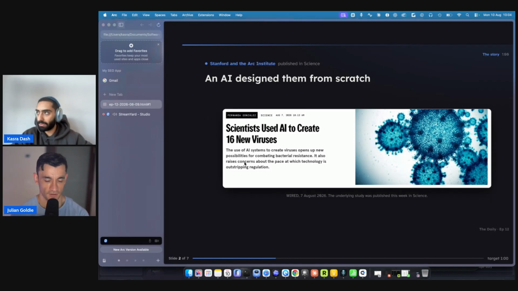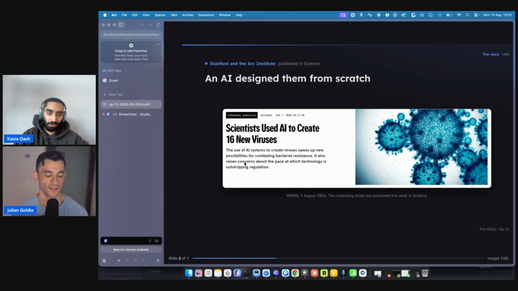Now, to my knowledge, how bacteria and antibiotics work is the scientists create a virus and then they'll create something to counteract that virus. And that's basically what they're doing. So they're using AI to develop viruses a lot quicker. Does that make sense? Yeah, that makes sense. So they're looking at ways to create the virus and then fix the virus. But at the same time, out of all the things that we could do with AI, this might not be number one.